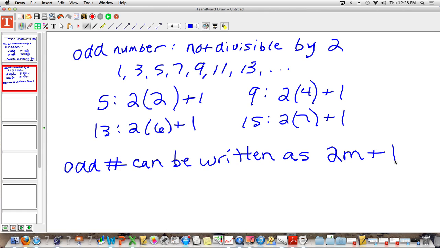What does m have to be, though? Can m be a decimal? Can it be a fraction? Can it be an irrational number? No, it has to be a what kind of number? It must be an integer. Okay? So what we're going to do today is talk about how can we